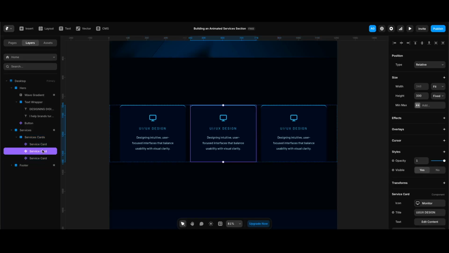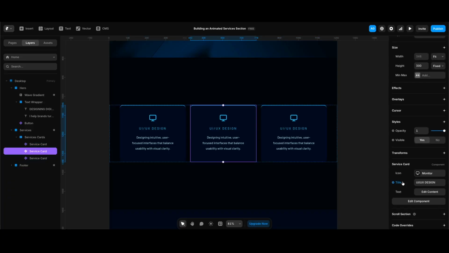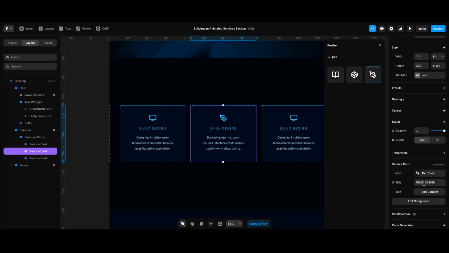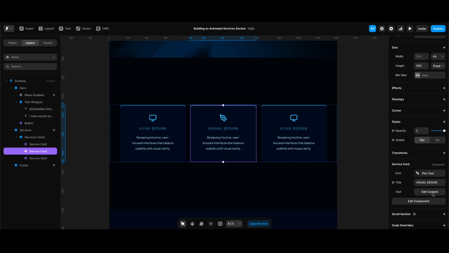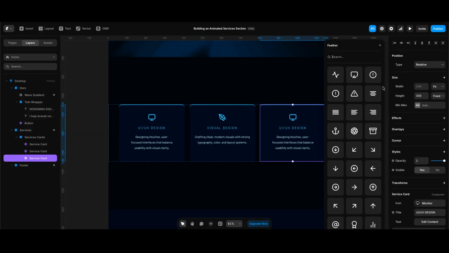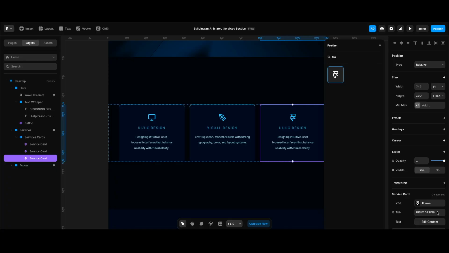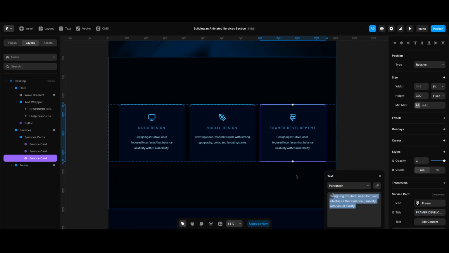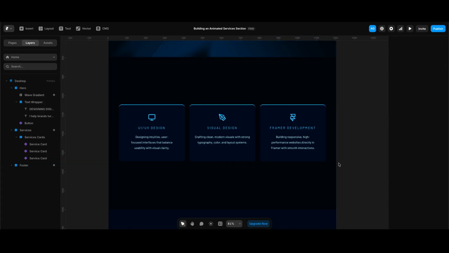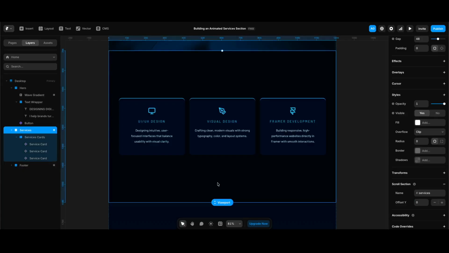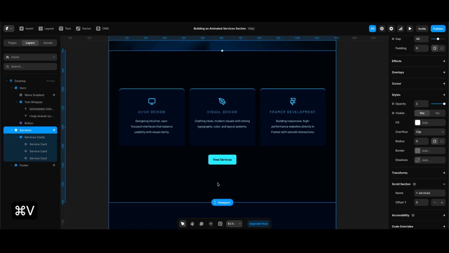So I will select the second card under its component properties. I'm gonna change its icon to pen tool, title visual design, and also paste its text content, right? Then select the third card, make its icon Framer, change its title content to Framer development, and also paste its text content. Now we can copy the button in the hero section, pasted it in our services stack, and since